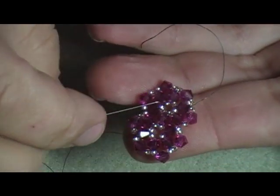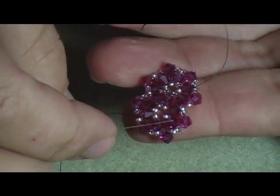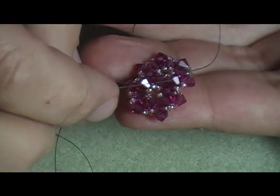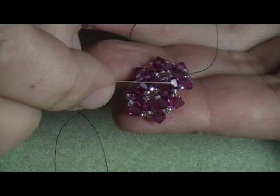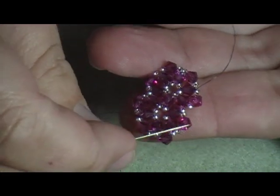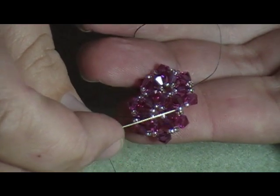So this was the first ring here. I come up here and added the second ring. So now what I'm going to do is I'm going to stitch around and I'm going to come out of this crystal right here to start the next ring. And if you look, I already have 1, 2,